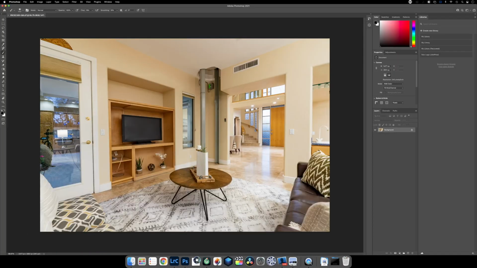All right, so we'll just go to the stamp tool. Let's make it a little smaller. Holding Control Option. Let's do Option here, set the